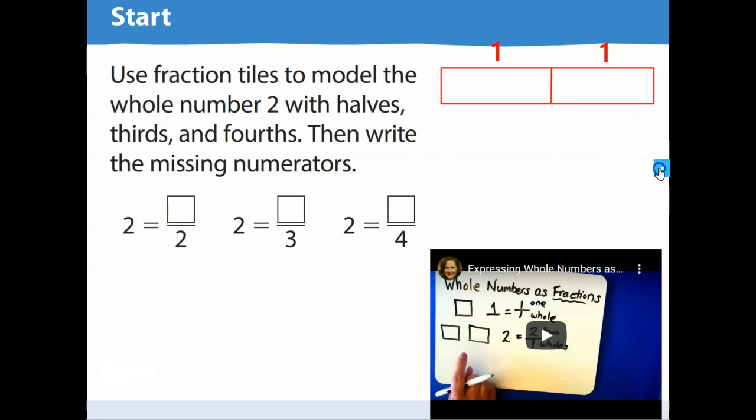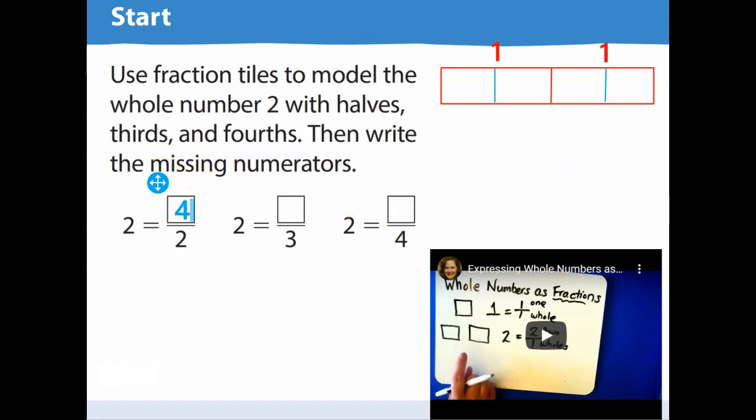So like this, halves. So how many halves is that? How many halves? Yes. So 2 equals 4 halves,